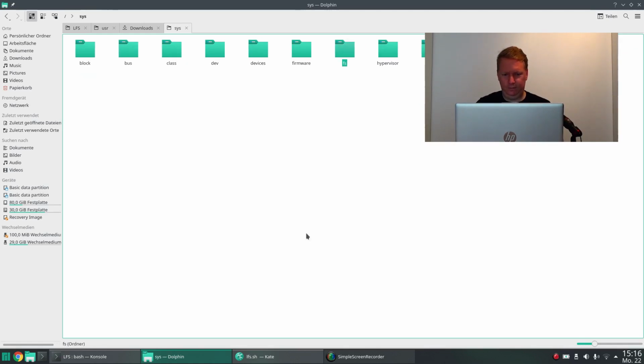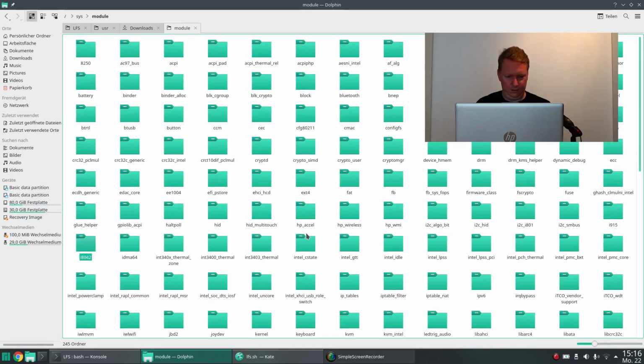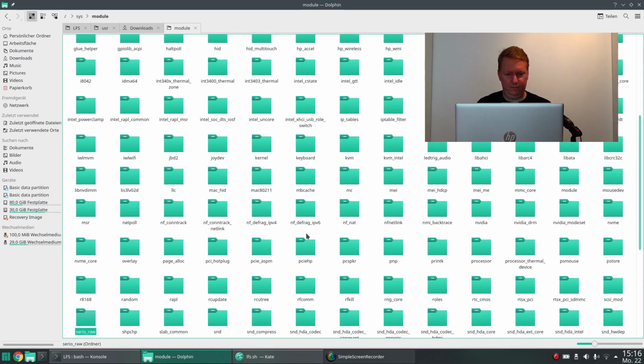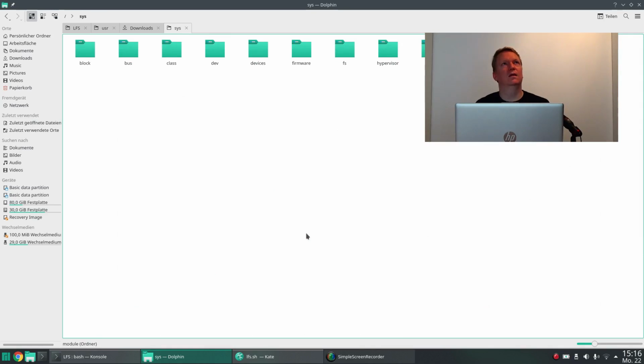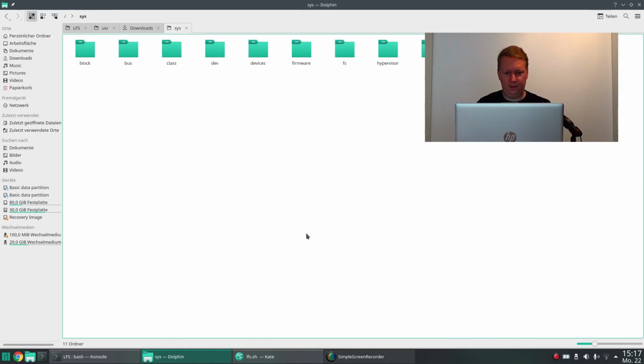Here FS probably has something to do with different file systems. ext4 and fuse are file systems. Modules is probably something to do with kernel modules. I guess if you modprobe something, so you load some kernel module, then it might talk directly through this directory here. I'm not sure about that, but